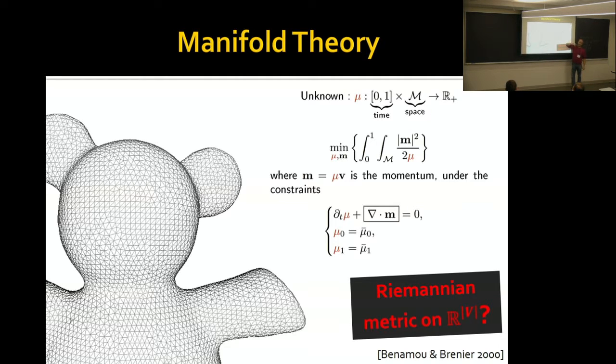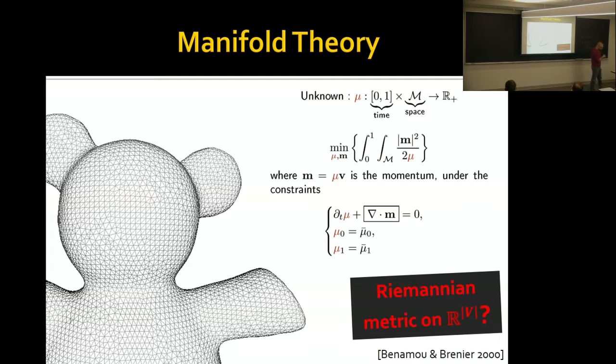This is probably an unfamiliar notation, but let's say that I write the following. I think of my vector field M as mu times a different vector field V, like a change of variables. Then one thing you can notice, if you look at the optimization objective function here, is 1/2 mu V squared, which you might recognize as kinetic energy. So this is the beautiful result from Benamou and Brenier, which is that W2 is exactly the minimum amount of kinetic energy it takes to transform a gas from one pose into another.